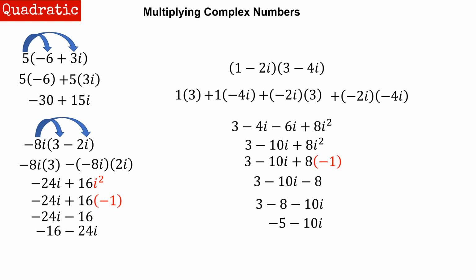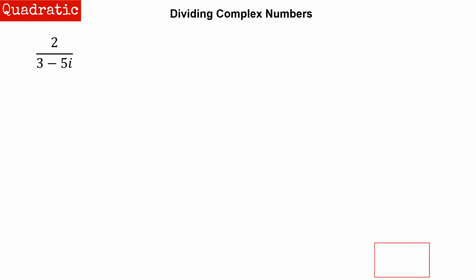Let's look at a division. When we look at this one, we're going to look at the denominator first. We have to remember that i is the same thing as the square root of -1. And if you remember when we talked about radicals, we can't have a root in the denominator. We can't have a square root or a cube root or anything. And if you also remember, what we did is multiply by its conjugate, which is exactly what we're going to